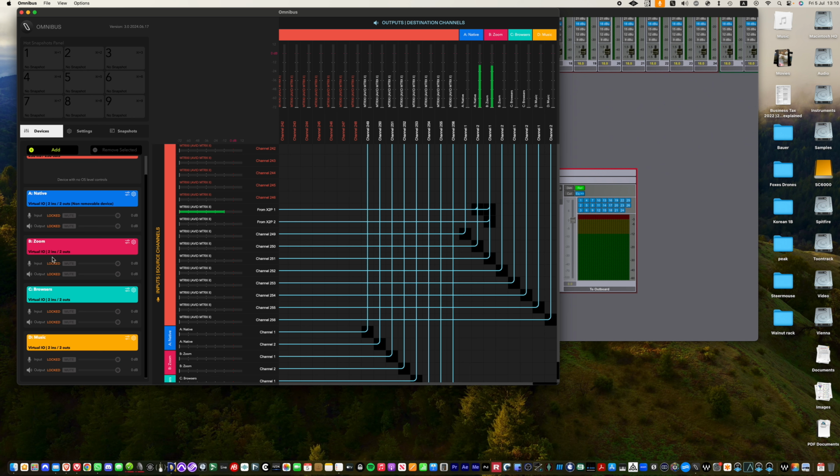One is native, one is Zoom, one is browsers, and one is music. So native is just sort of a general use audio bus. Zoom is, of course, for Zoom. Browsers are for any audio that's in a web browser, and then music would be things like Spotify, Apple Music, Tidal, etc. And so what I've done is created four stereo buses here in Omnibus, and then routed them to